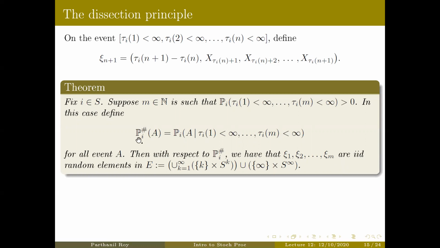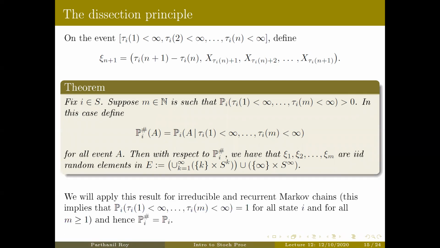That's because under this probability pi hash, psi up to psi m is well defined. Psi m plus 1 may not be well defined. Okay, so therefore we can only talk about psi1 up to psi m, and they are IID taking values in E. Okay. Now this, of course, is complicated, but in the most useful case, this won't be so complicated